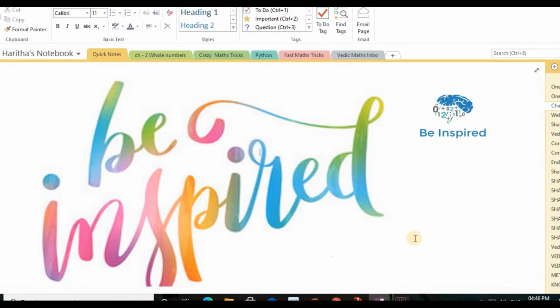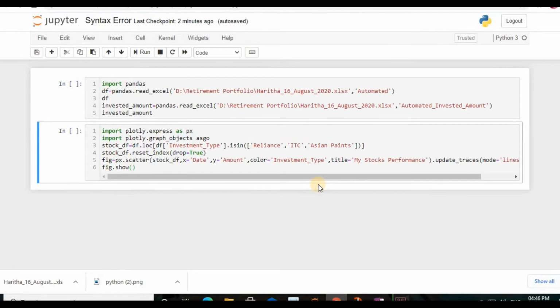So in the previous video, we learned what to do if you get a key error when running your code and how to clear it. Now we are learning how to clear a syntax error. For that I wrote a small piece of code over here. We all know that we have to import pandas, and of course it is my Jupyter notebook. I created one new notebook with the name syntax error.